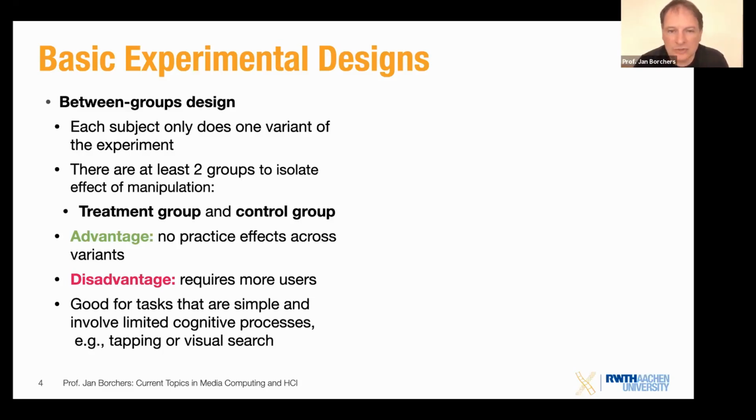The disadvantage, of course, is you need many more people, right? You need a lot more people, because with 2 treatments, you need twice as many users now than you would have needed with a within groups design. If you have 3 different values for your variables, you need 3 times as many people. Still, this is a good choice,